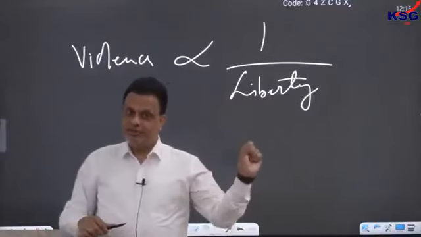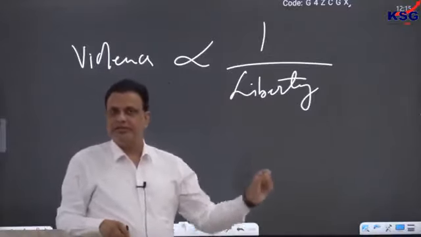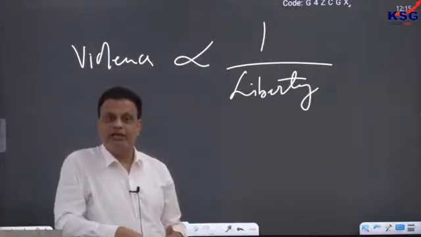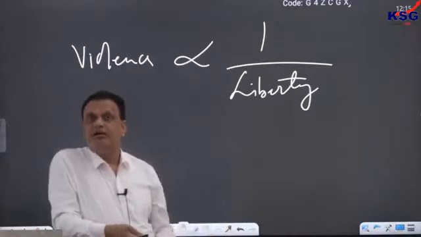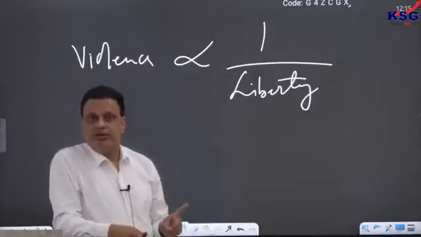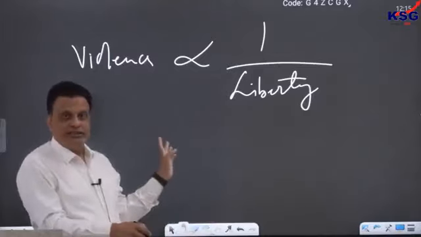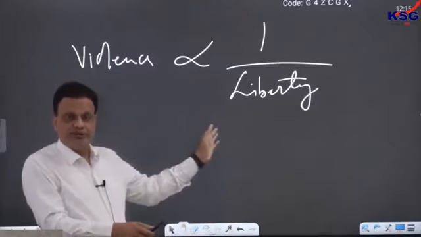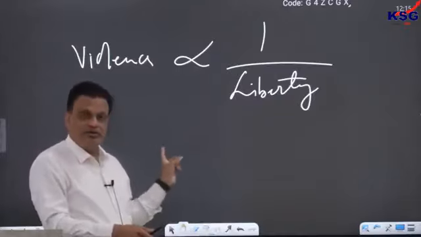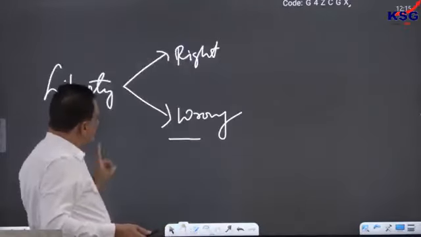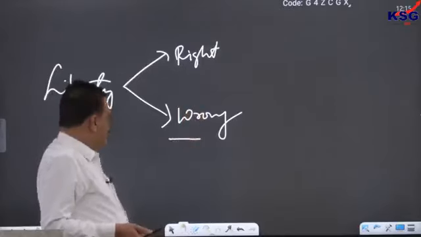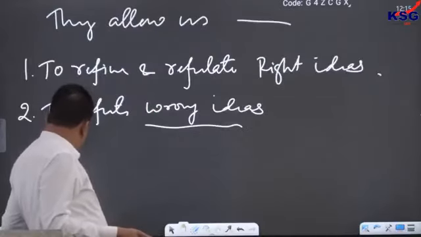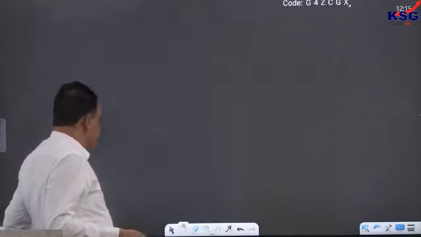Everybody, let people speak whatever they want, even if they are speaking something which is offensive. That way, their energy will be released. Their energy will come out in that case. So this is what Mill will say again. Liberty has that important function. So if you look at right and wrong that we talked about earlier, then this idea of liberty, that right and wrong, we can say, is one of the central aspects of how we define modernity.